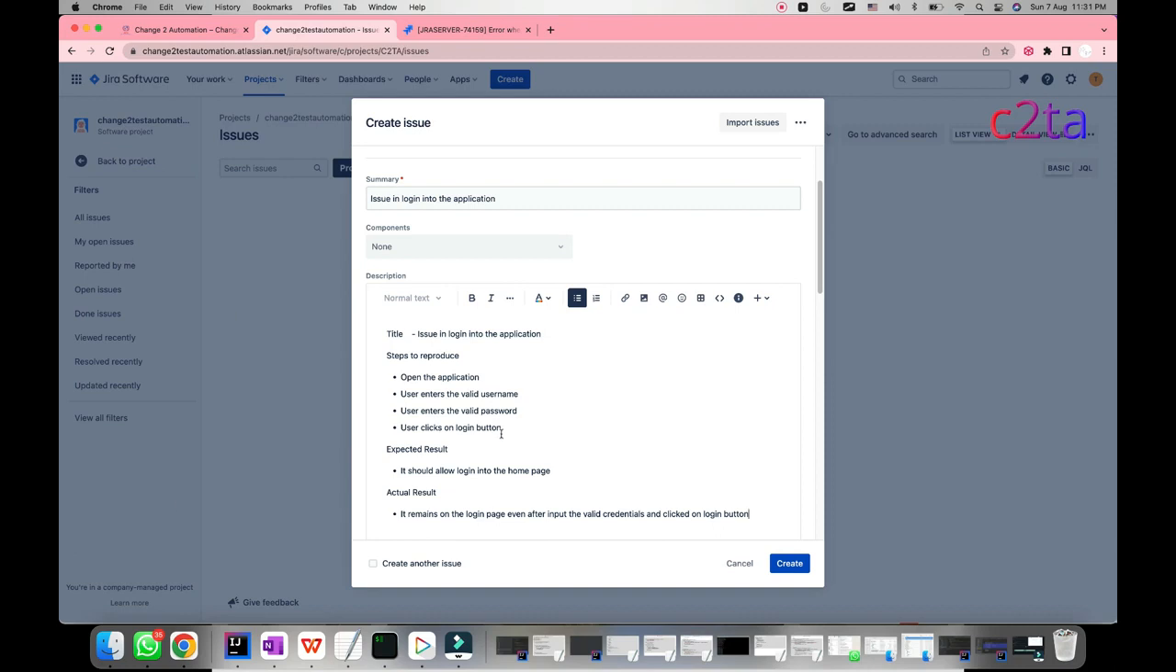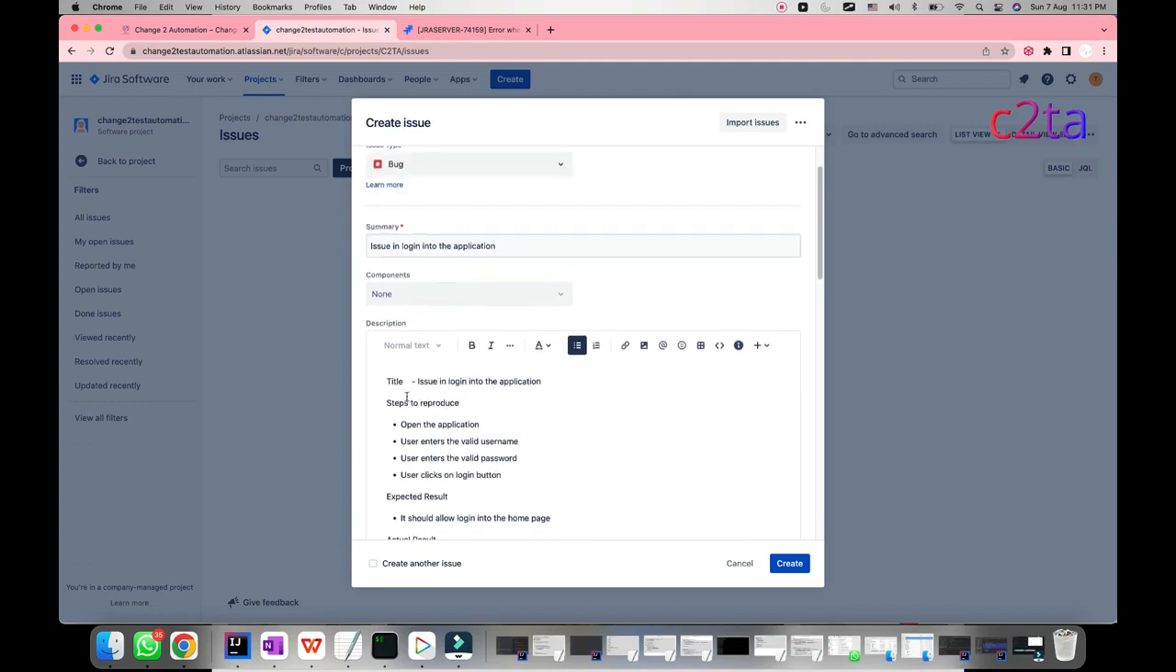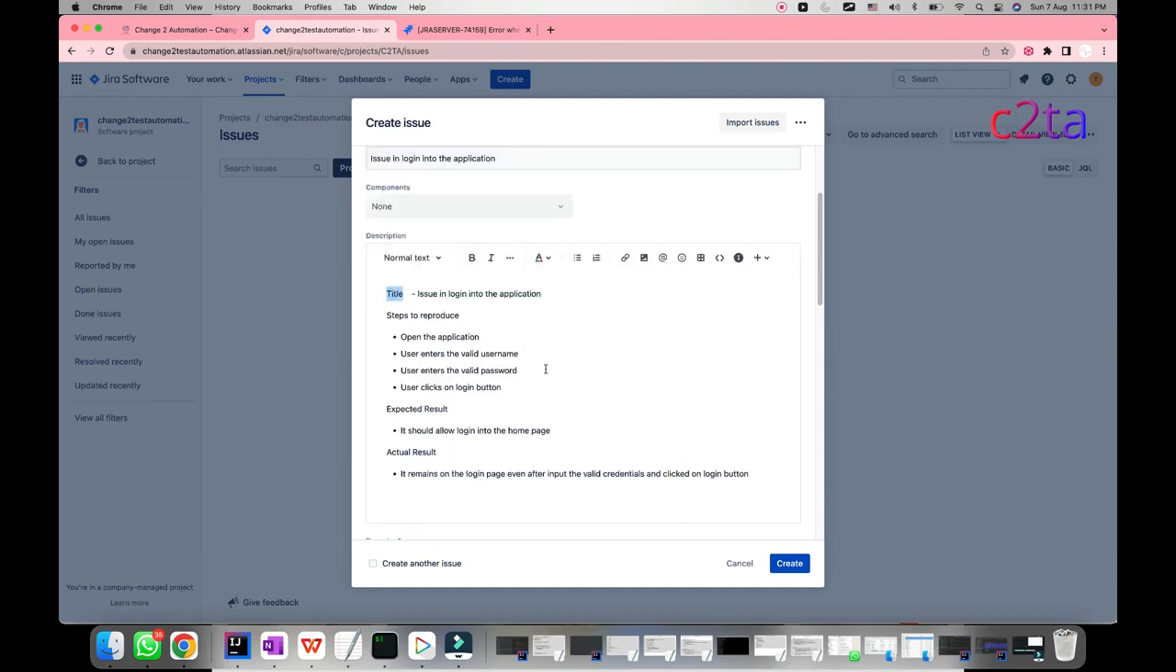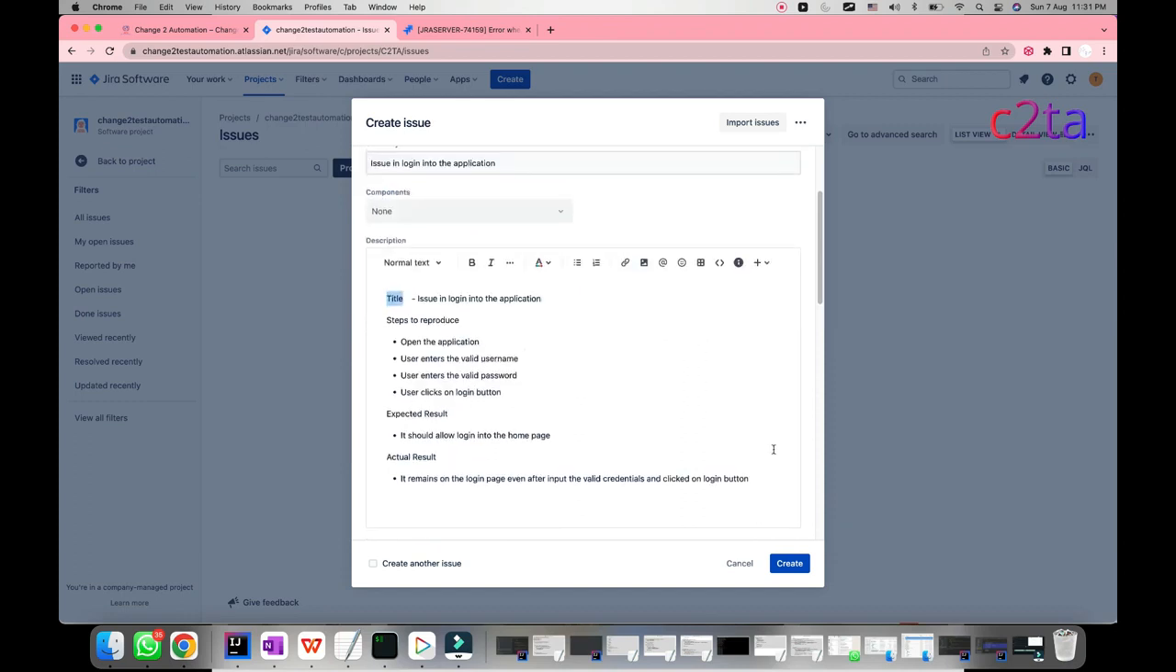Or otherwise we can leave with this. These are the major information that we added already: title, steps to reproduce, expected result and actual result. And if you want to add some more details along with this, then you can give, like, the date of testing. You can give some